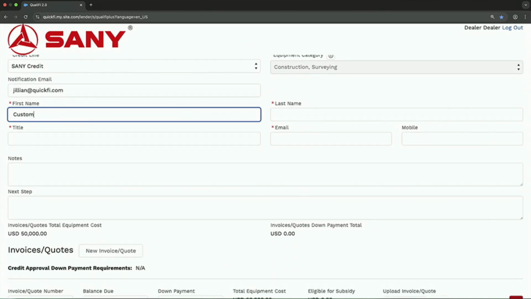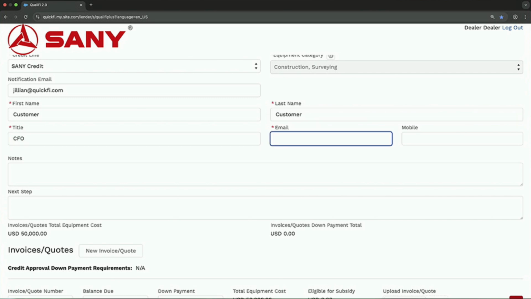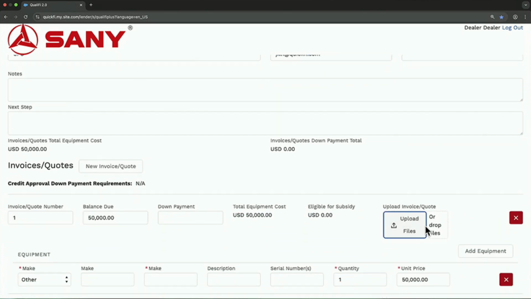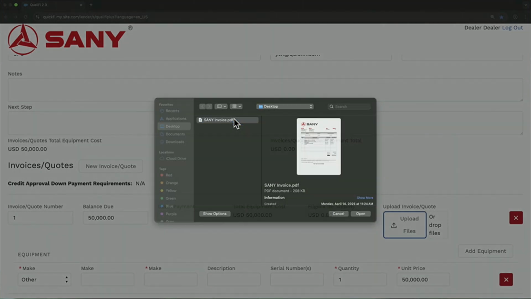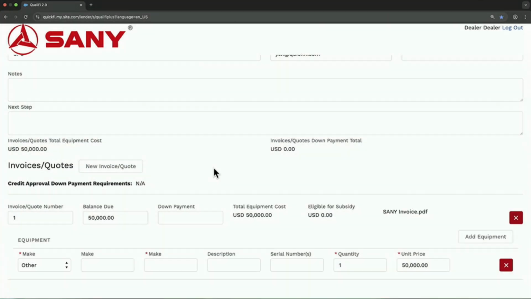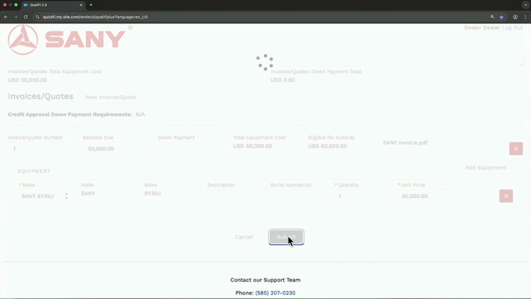Next, Jill enters the customer's contact information and confirms the cost of the equipment. She then uploads the equipment invoice, which is automatically analyzed to ensure the cost and equipment type align with the approval terms. It's another area where AI agents automate and simplify the finance process.